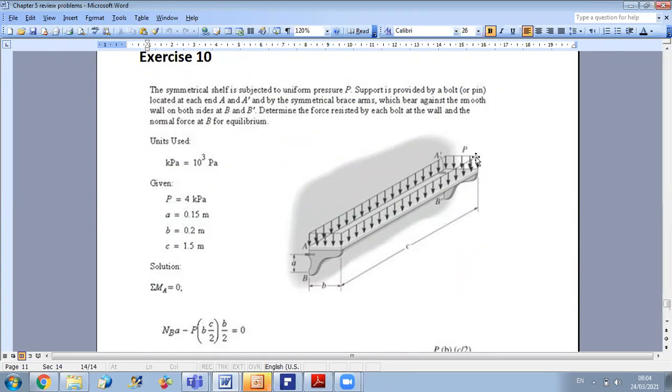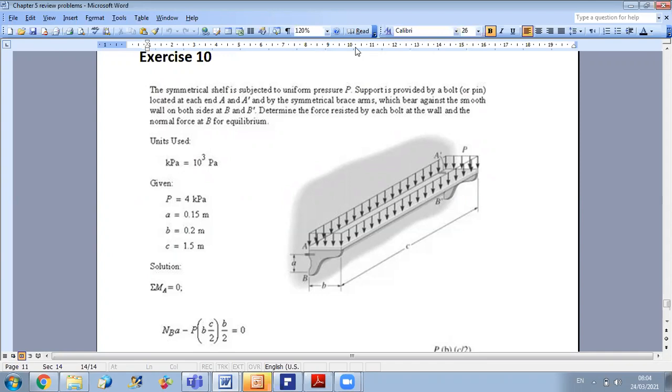So here we have a distributed load in 3D. If you remember, we said that if we have a distributed load in 3D, then the resultant is equal to the volume formed by the distributed load. And of course, it should pass by the centroid of the volume. So here, the first step is to reduce this distributed load